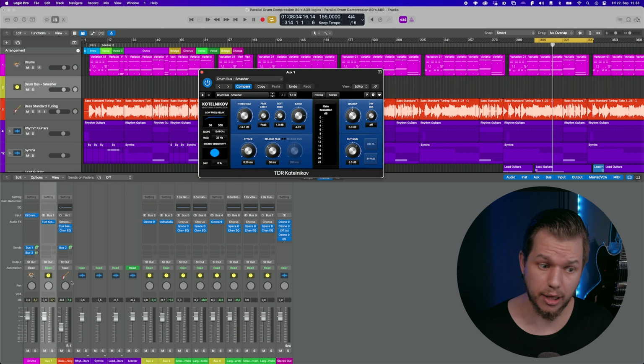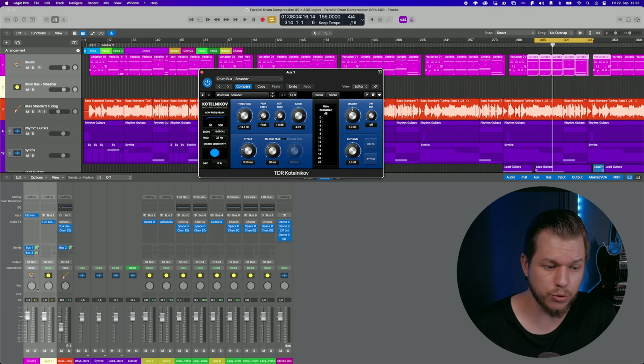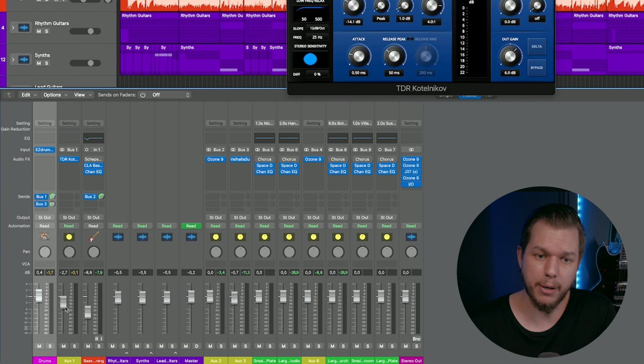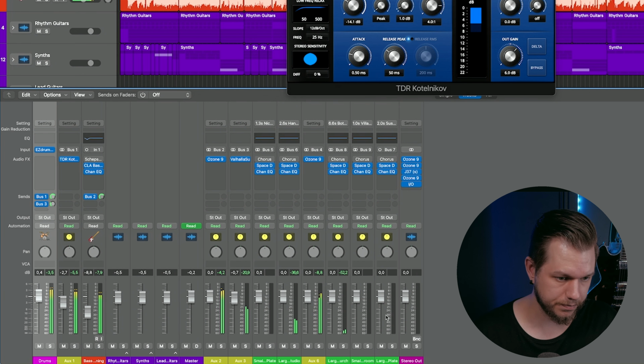And because we're using parallel compression, the easiest way to dial in exactly the amount of compression and punch you want to have is just to use these 2 volume controls over here, because we can now blend in as much or as little of parallel compression as we want.